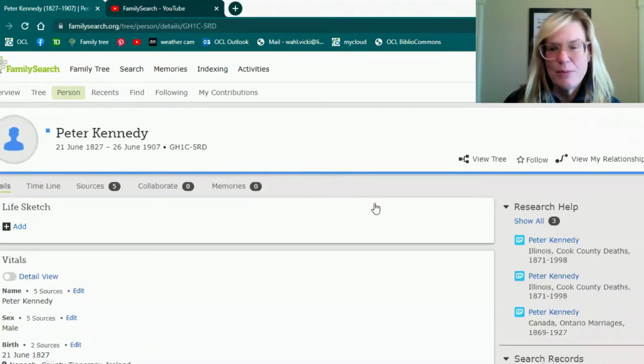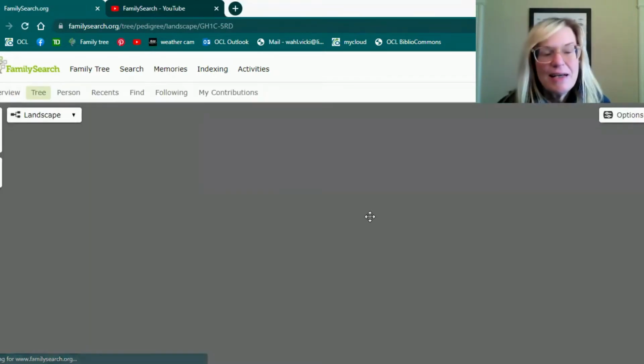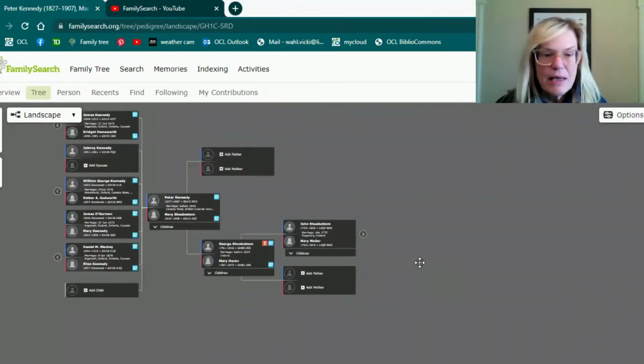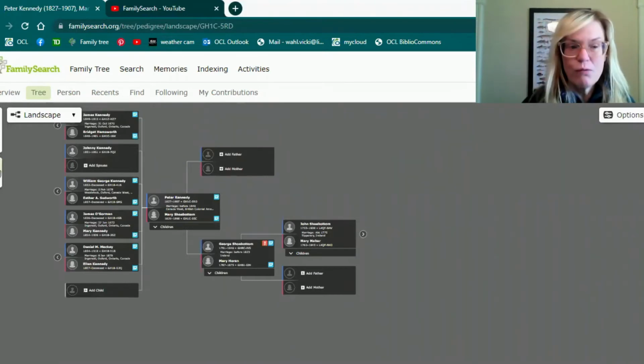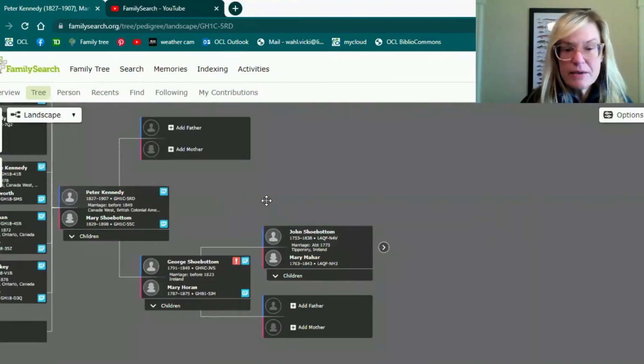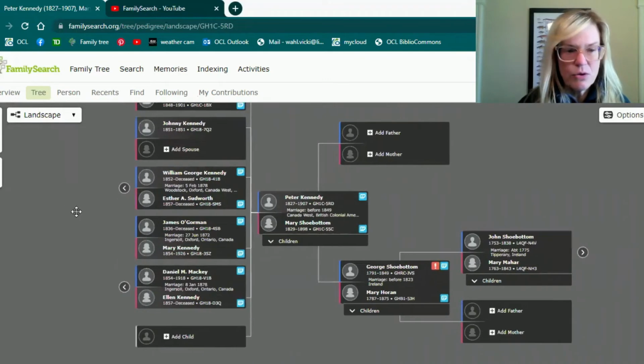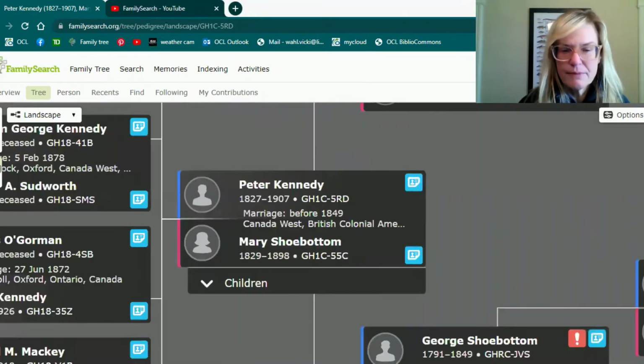We'll just go back to Peter Kennedy. View tree. That's what we need to do, and we'll see what that looks like and how we could build that out further. So he's at the center of this tree because he's the person that we're looking at here. So each little